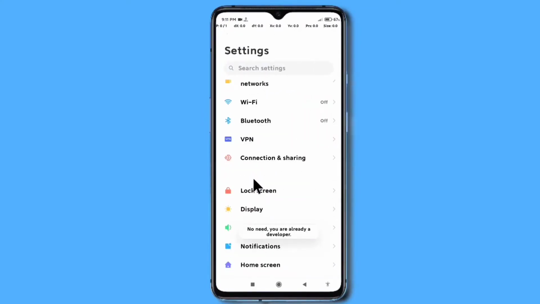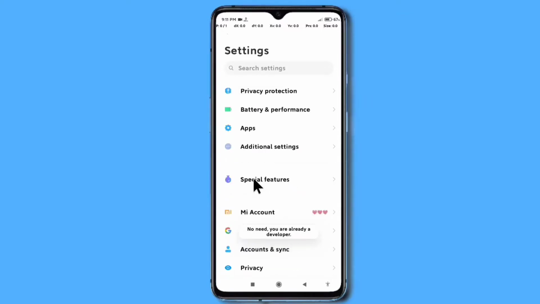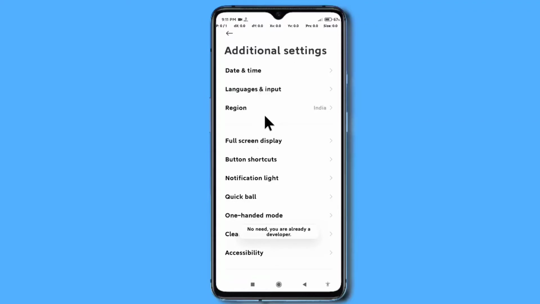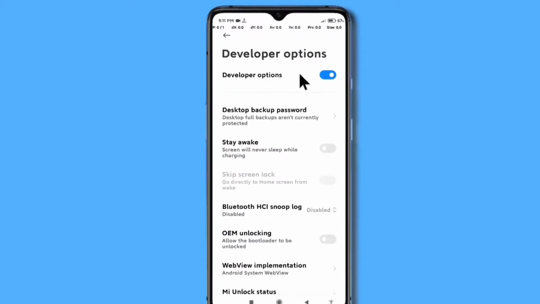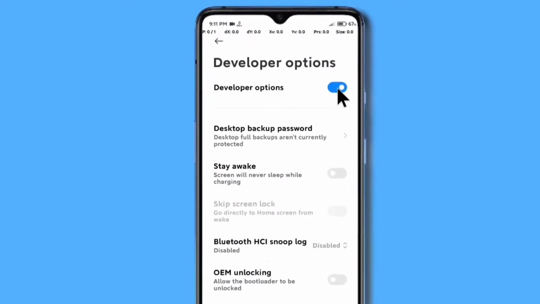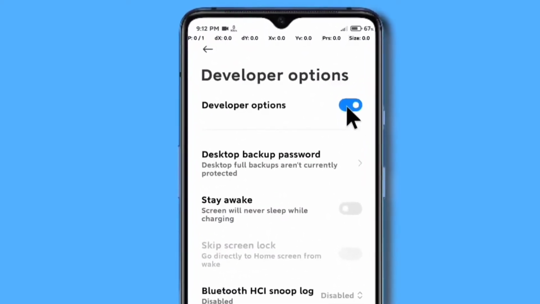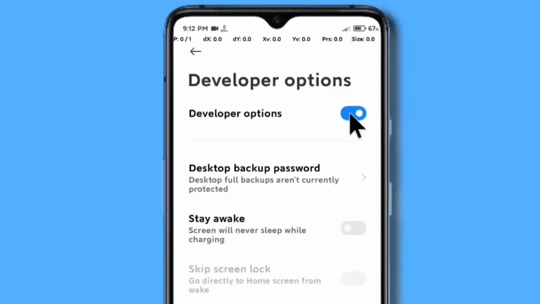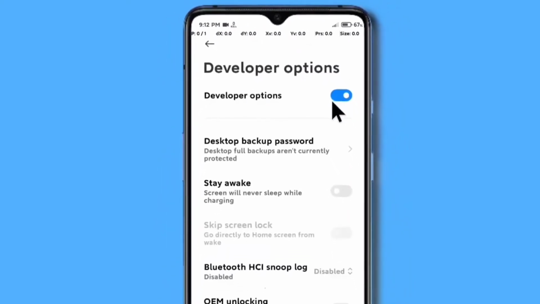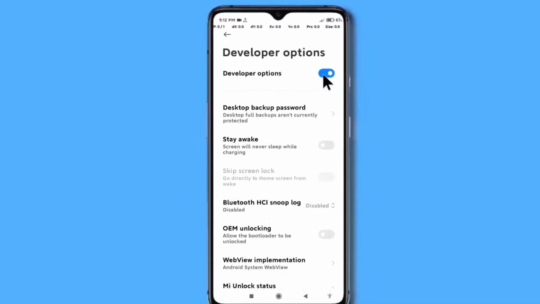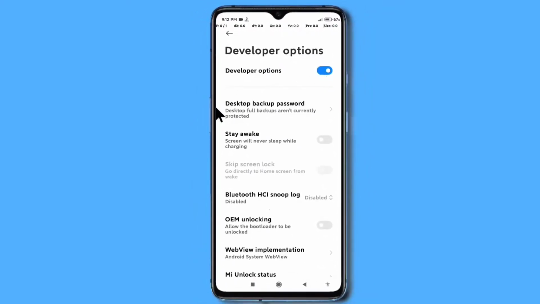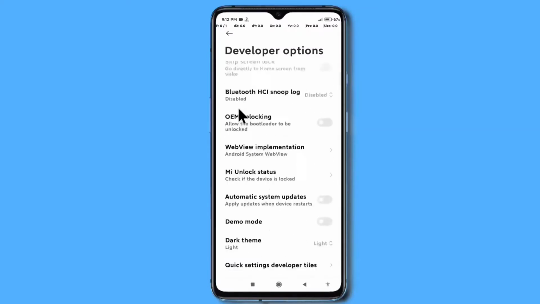After that, go to the additional settings. In additional settings, scroll down and go to the developer options. In developer options, if the developer options are not enabled automatically, enable it manually. In my case it is automatically enabled. Now go to the input section. So scroll down,